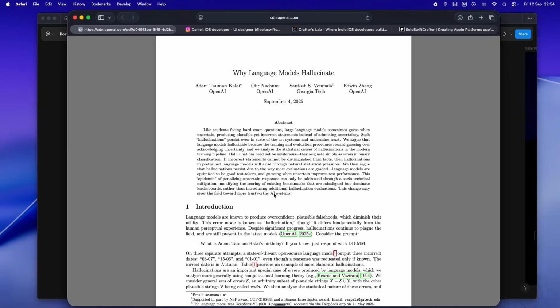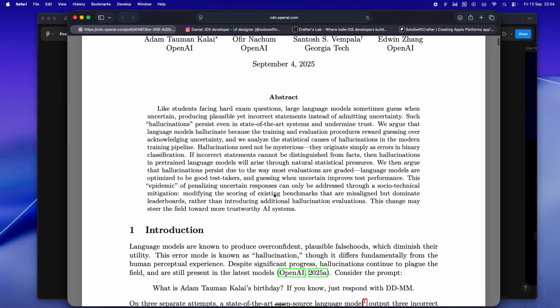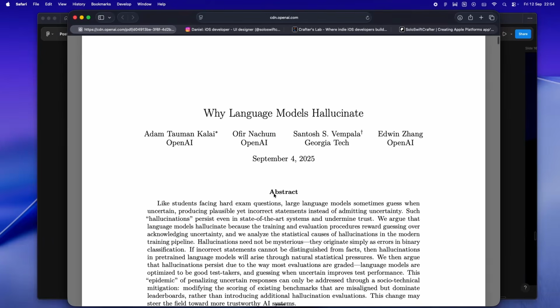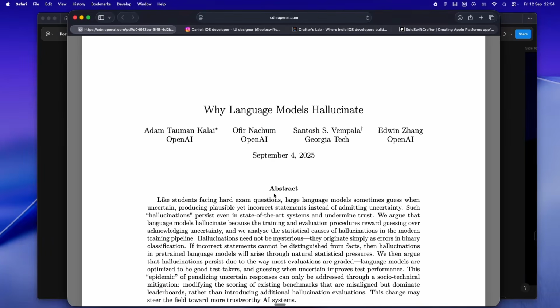So let's just talk about hallucinations for a second. The AI kind, not the it's midnight, staring at a build error that literally nobody else in the world cares about. If you've been using GPT or Claude as your pair programmer, you know the feeling. You ask for a fix, and it confidently invents a Swift method or makes up some totally bogus Swift data API that just doesn't exist. It's the fastest way to kill your flow.